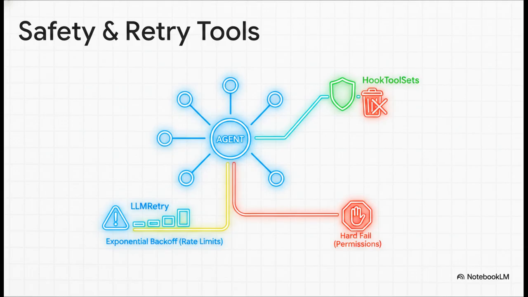I mean, imagine giving an AI agent access to Airflow's 350 plus hooks. Yikes. But by using a hook toolset, you explicitly define the allowed methods. Because you didn't specify delete, you can sleep soundly knowing the agent cannot wipe your database. And with those LLM retry policies, instead of just a dumb blanket rule, the LLM evaluates the error itself. If it hits a rate limit, okay, it triggers an exponential backoff. But if it hits a permission error, it knows retrying is pointless and it safely fails the task.